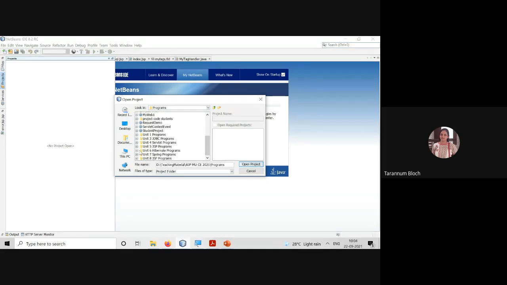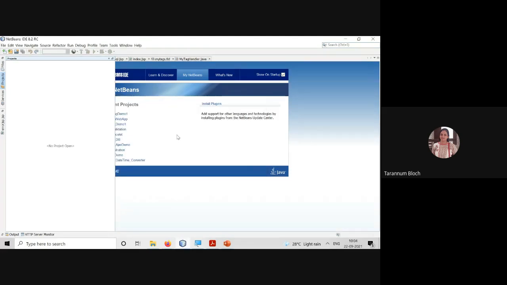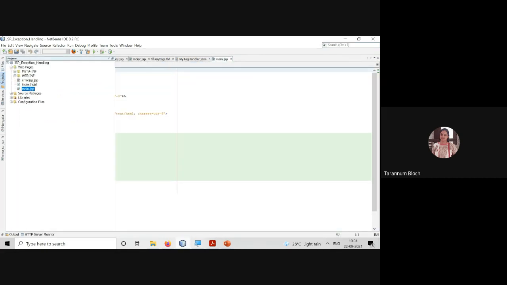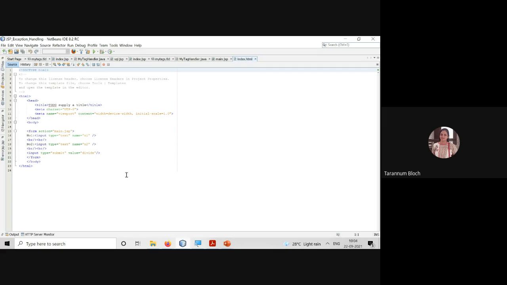You cannot go with ABCD, because it will create a problem in the division. The denominator should not be 0, otherwise it will give me a divide by 0 error, and it should be any valid number, otherwise it will give me a number format exception. Do you recall that? Fine.